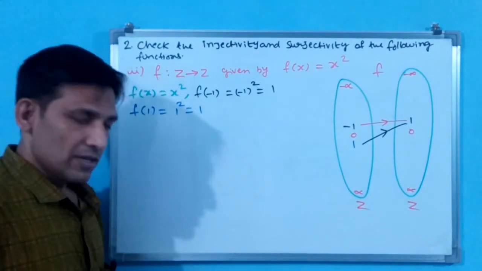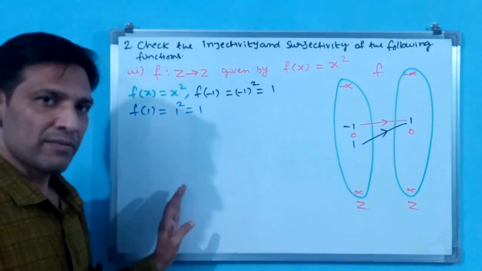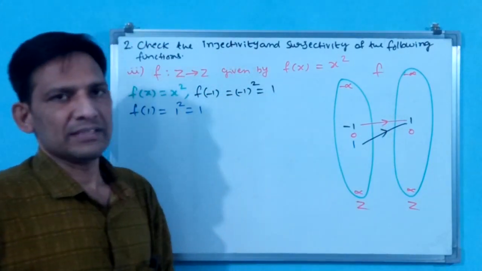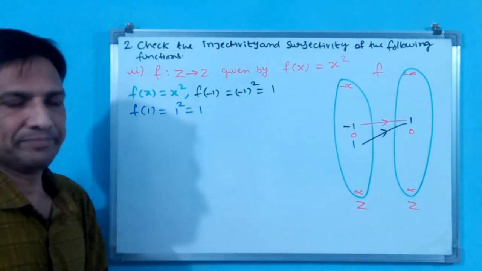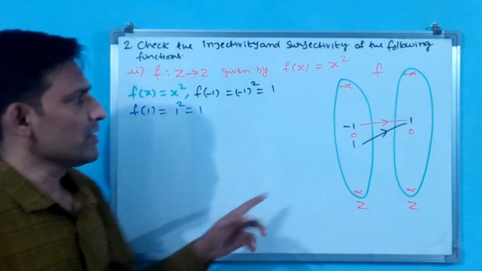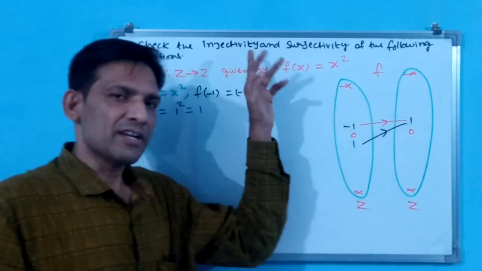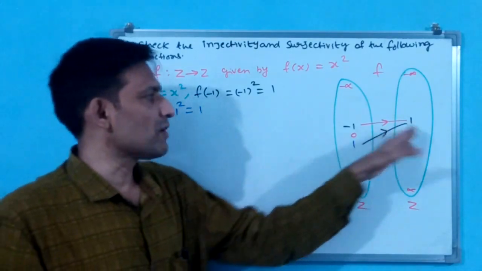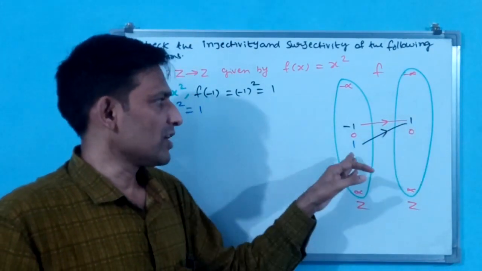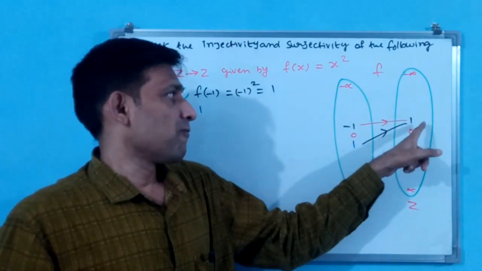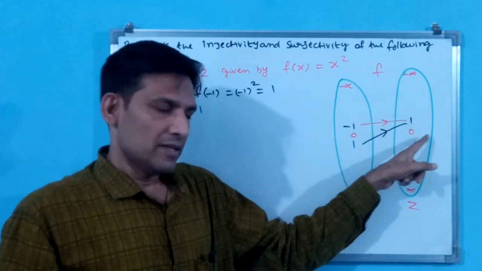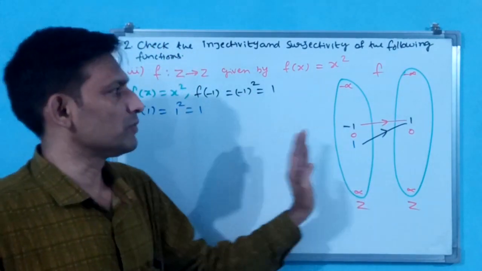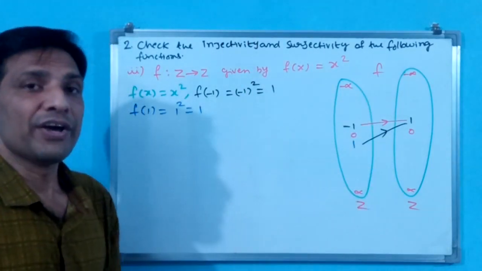Okay, see, now stop here. We will take further afterwards. For showing not injectivity, only these two results are enough for us. Why? Because see, if a many-one function comes, that means it is not injective. Only if one-one comes, then it is injective. Here many-one has come. Why? Because for 1 there are two results. For image 1 there are two pre-images, minus 1 and 1. Minus 1 squared is 1, and 1 squared is 1. Okay, that is why this is not injective.